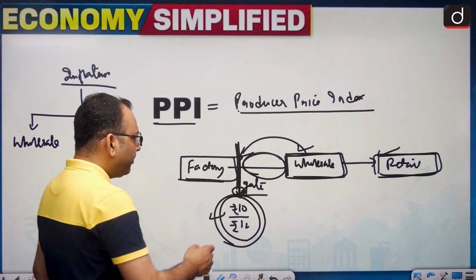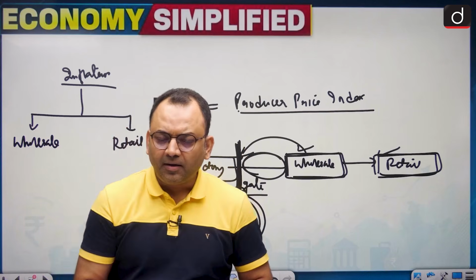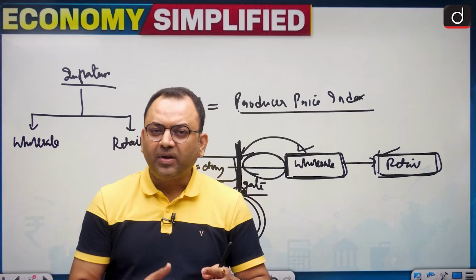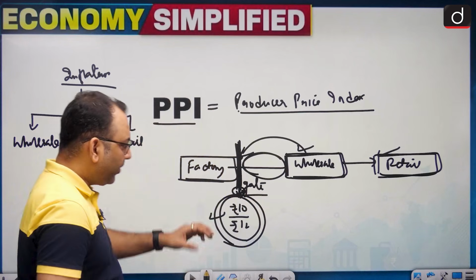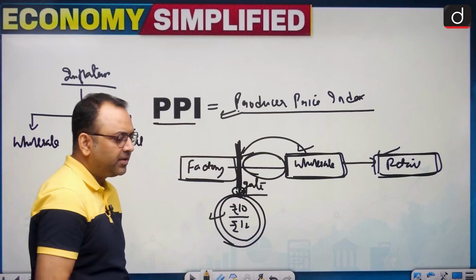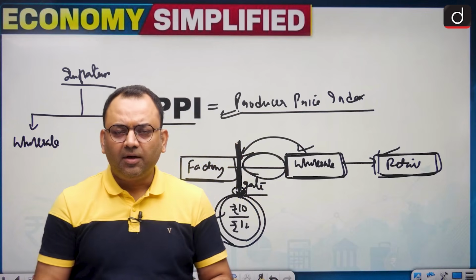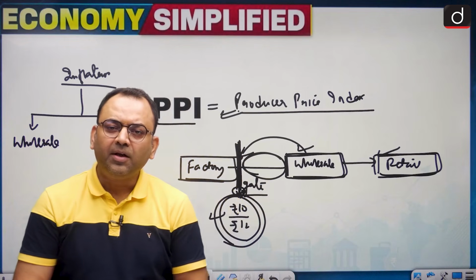So when you measure the price change at the level of the factory gate, at the price at which the producer sells, this price change will be measured by a concept called the producer price index. This is not yet implemented, but this is a framework that has been developed in the country,